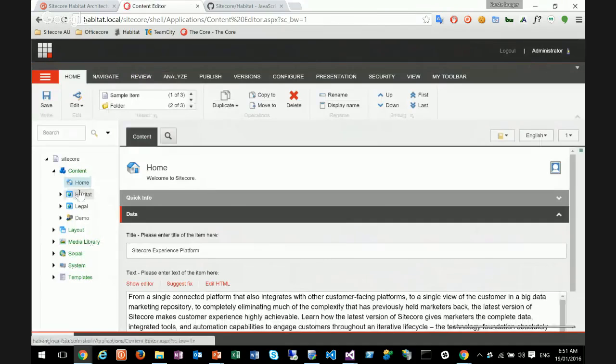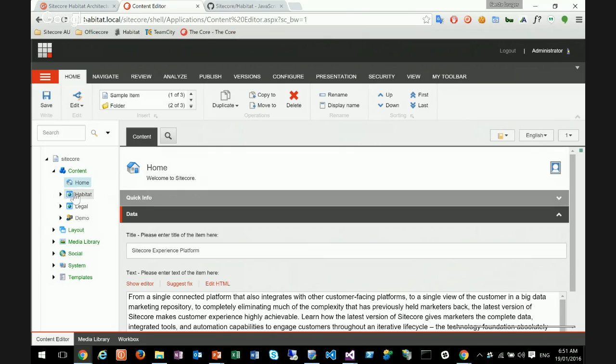So again, I've got two different main websites, Habitat and Legal. The demo website I'm not going to dive into. You can have a look yourself. It's a way of triggering demos, so running campaigns. If I want to show as a demo that I search on Google and then I hit an AdWords campaign, then on the demo website we can create a mock-up of that Google page. So it makes it easier for us to trigger campaigns from third-party